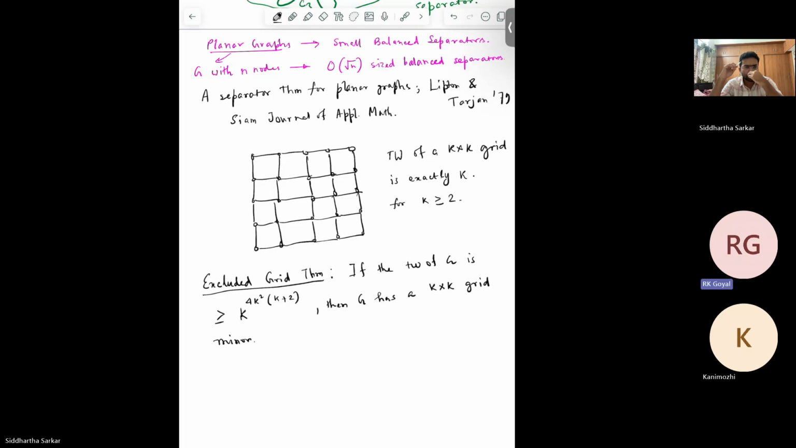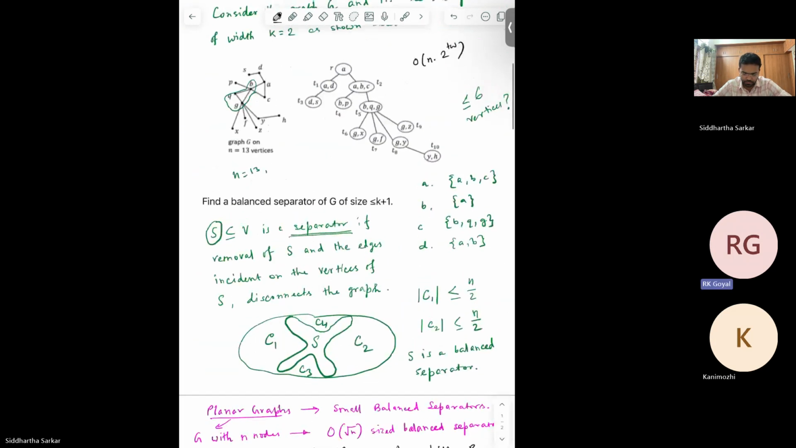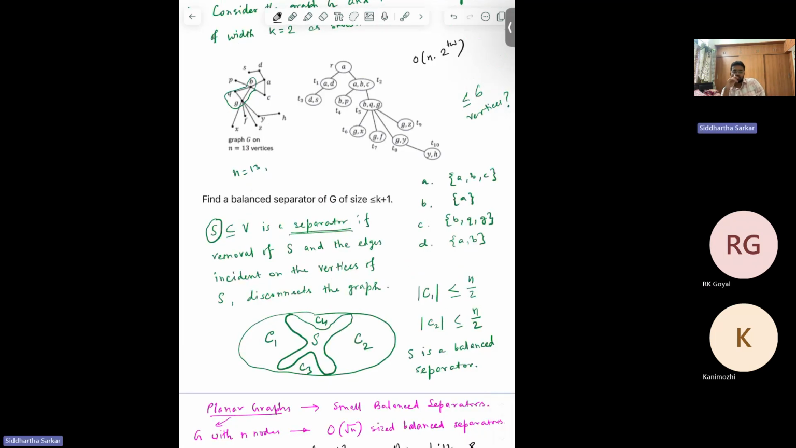So I forgot the purpose of using the tree decompositions. I remember the different tree decompositions we studied, but in this case, you can expect that